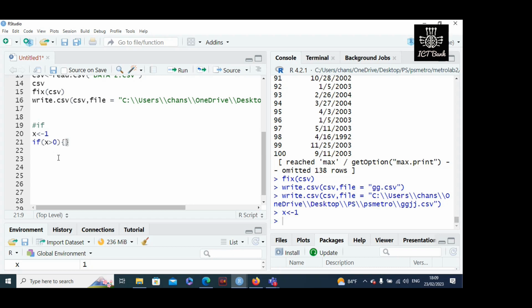Then if it is true, the true part we are giving inside these flower curly brackets. If it is true, you need to print, we are using the print function, you need to print it as positive number. This is the simple way of using if condition in R. Then if you run this one,